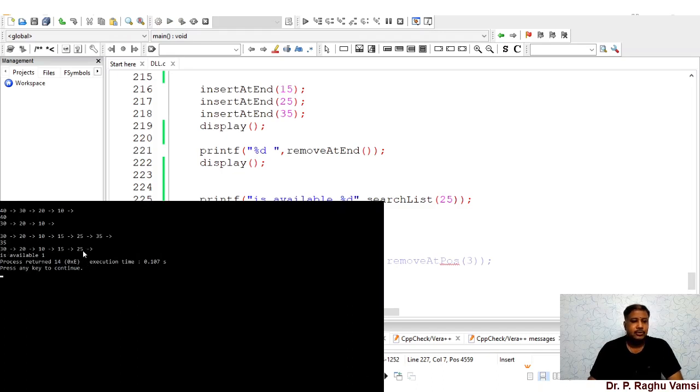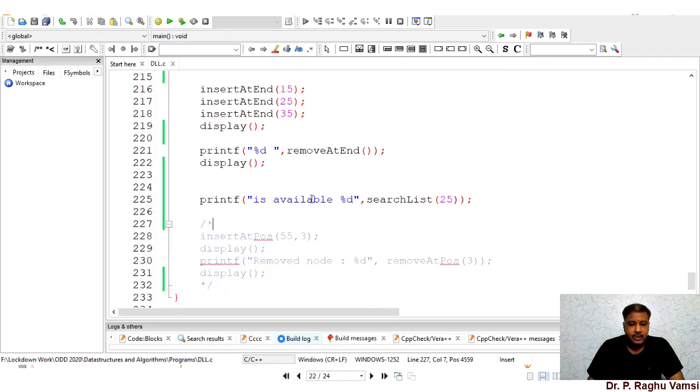We have searched for 25. 25 is found in the list, so the result available is equal to 1. So there is not much difference. We have done small changes in the single linked list so far, so that we got the double linked list functions implemented.